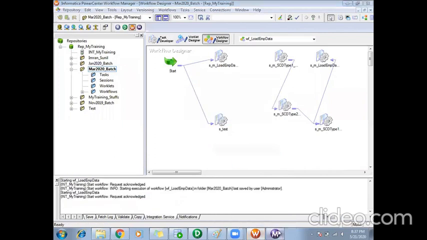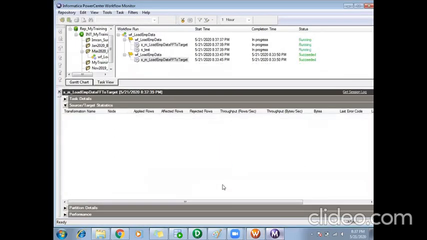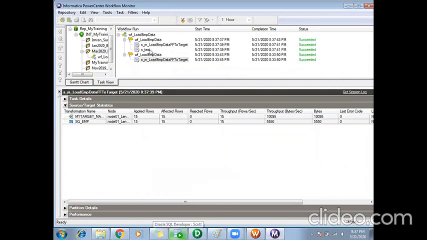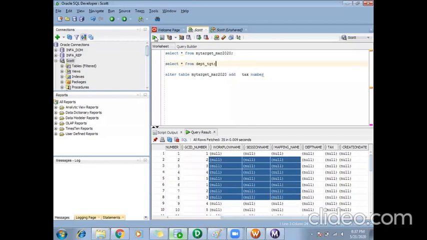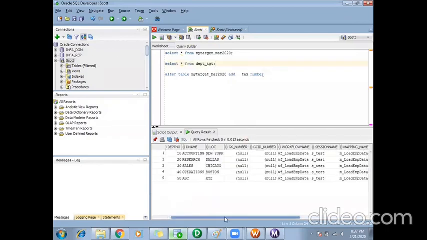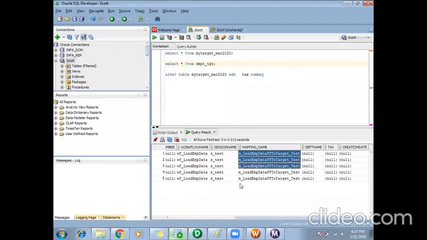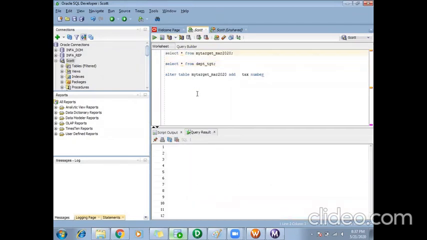So if I run both of these, my department also ran. So if I go and check the target table, even here I got the mapping name, session name, and workflow name, and even in my employee table.